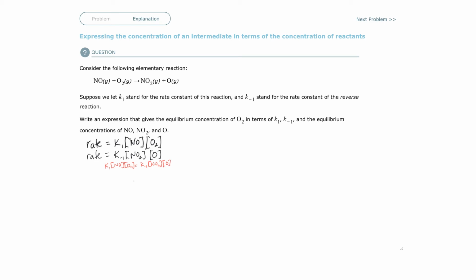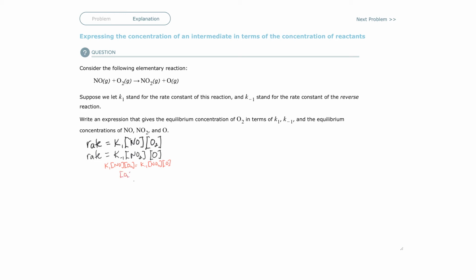Now I can solve for one of them in terms of all of the others. Okay, if I know concentrations of the ones that I can measure, then I can apply concentrations of the ones I can't measure based on the others. Okay, so I'm just going to solve, in this case they're asking you to solve for O2. Okay, it says, let me go back, write an expression that gives the equilibrium concentration of O2 in terms of all the constants plus the concentrations. All right, so just get O2 by itself. Okay, O2 is here. It means these guys are in the way. Let's divide them out. And I'm going to have